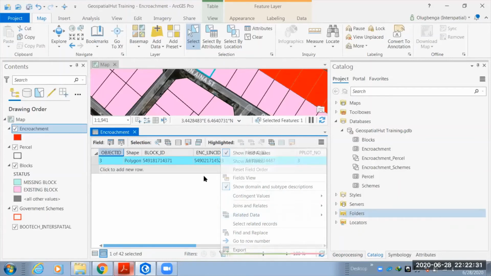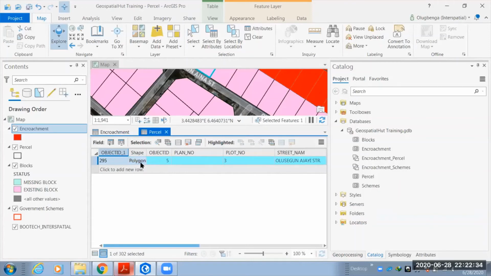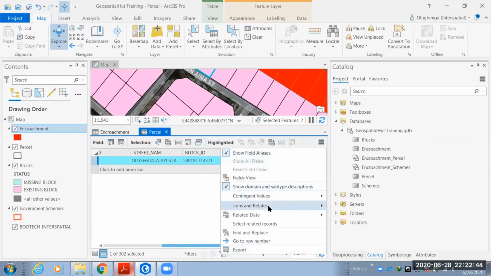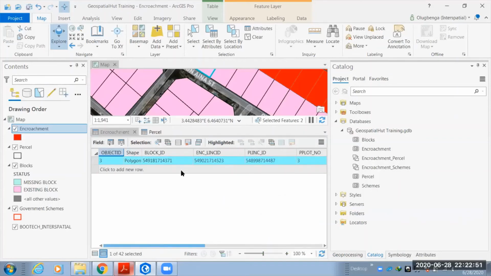Let me click on it. You see, we have that parcel here, and that parcel has a plot number, it has a street name. So this is the relationship. You see, now we have established a relationship. So I can also say, okay, which scheme does it belong to? Show related data, which is encroachment. You see, now we can see that this